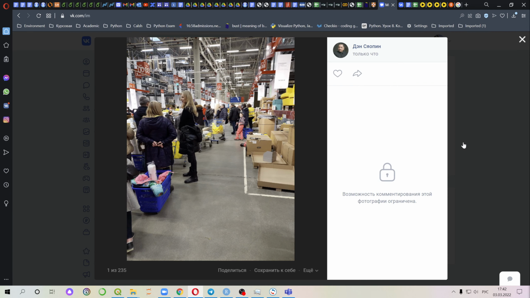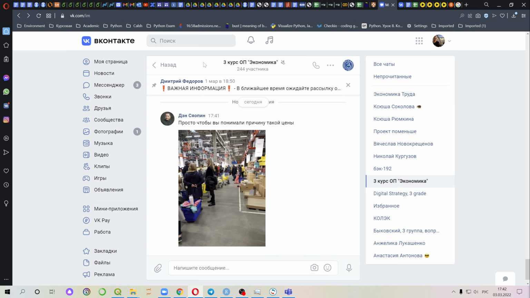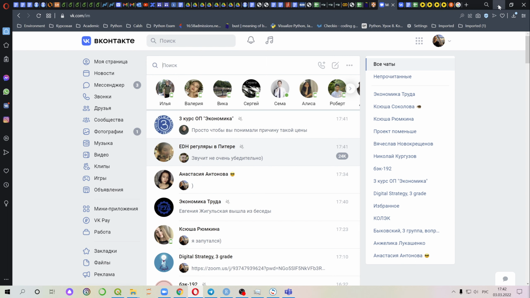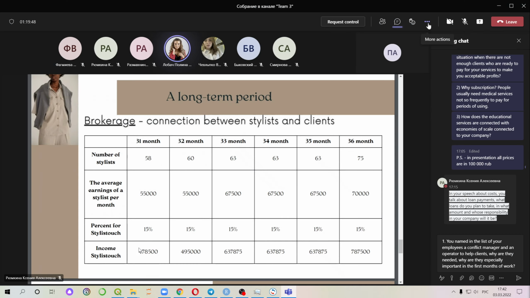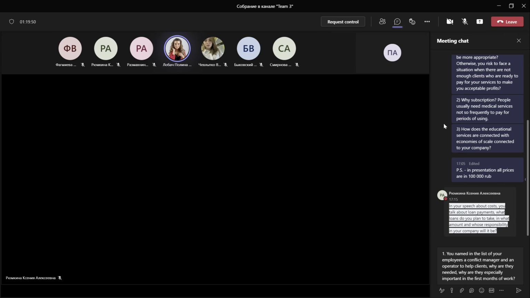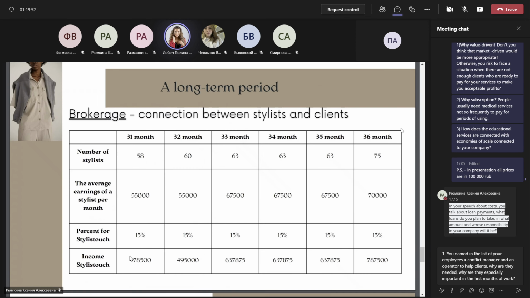As for the source of income for our startup, now it's also a brokerage, and we get 15% of the transaction, which becomes higher compared with the initial stage because the field of activities is quite narrow. The slide shows information about the final month of the 3rd year, and the number of stylists is based on offers of stylistic services on Yandex services.